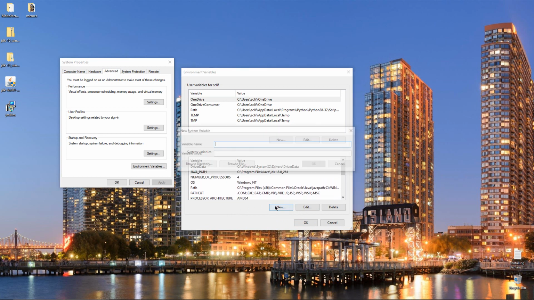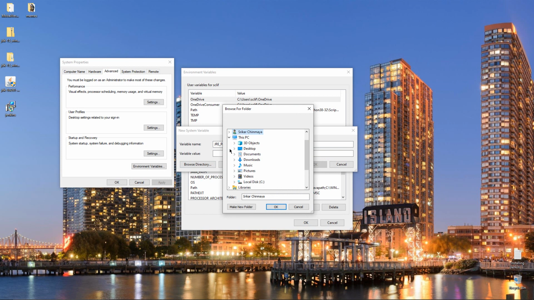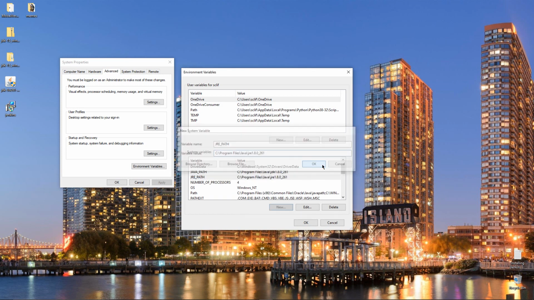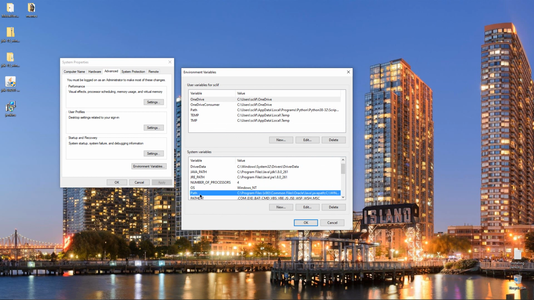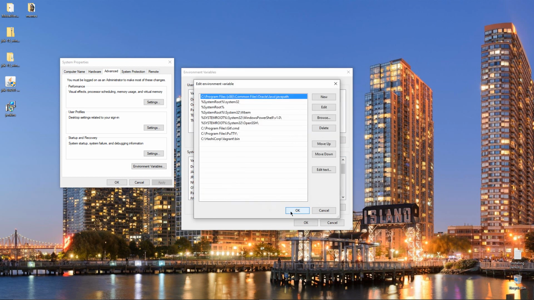We need to make one more, and this is going to be called JRE_PATH. Java JRE folder. Hit OK. Hit OK. Okay. So once we have the Java path and JRE path, we need to add the bin folder destination to path as well. So we're going to click on edit here and click on new,